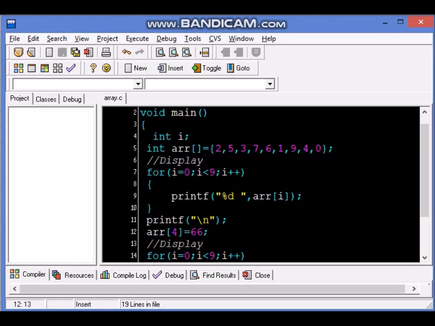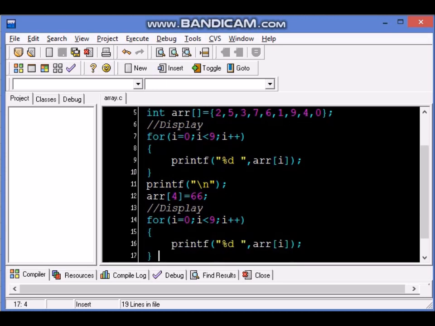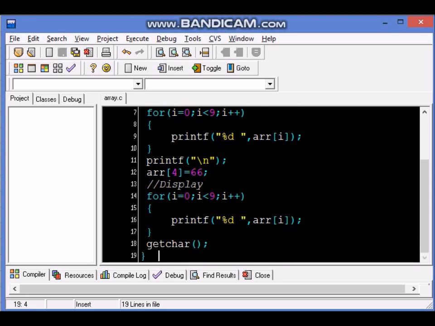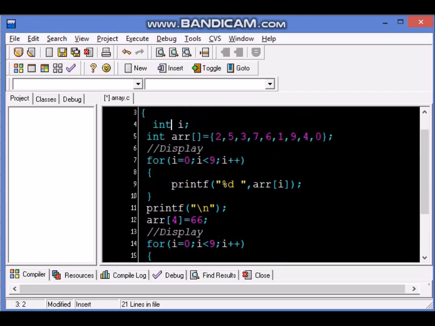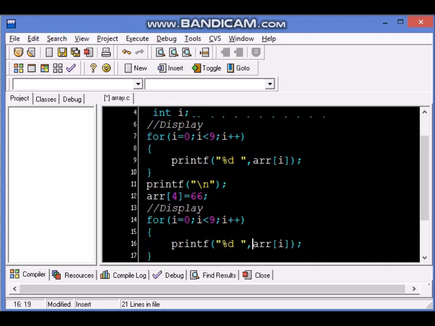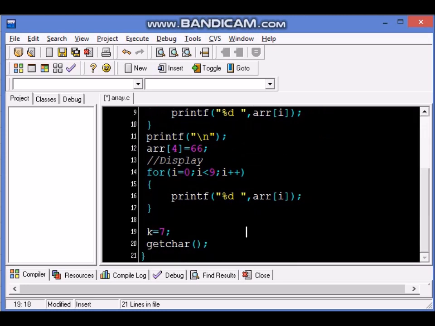So now let's continue with last time's code. We had done something like this in the previous code, and now our aim is to search for a given number. Let's say we are searching for a number k, and let's say k is 7. We are looking for 7 in this array. Is 7 there? Yes, it is there in 0, 1, 2, third position. So we should get the third position as the output.